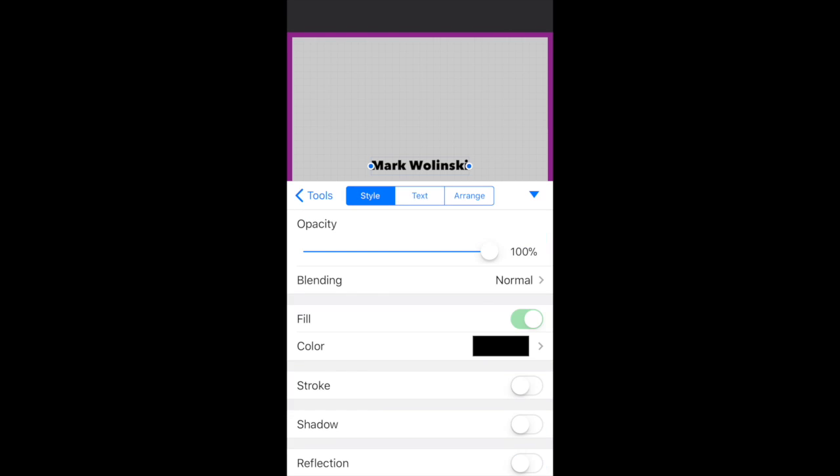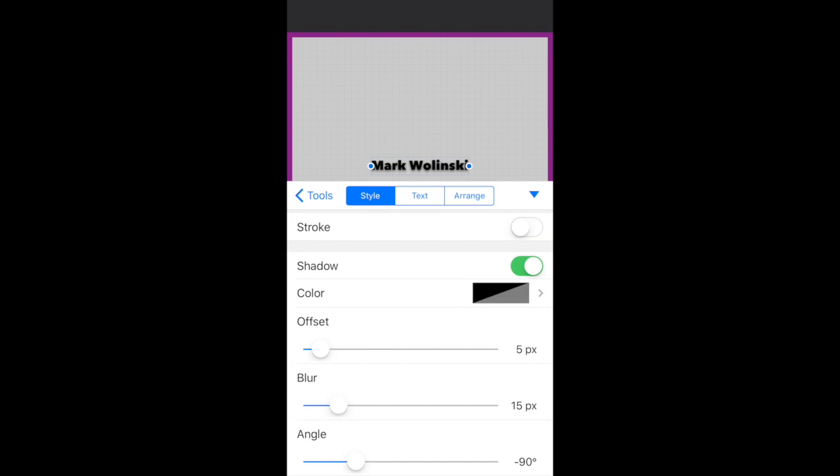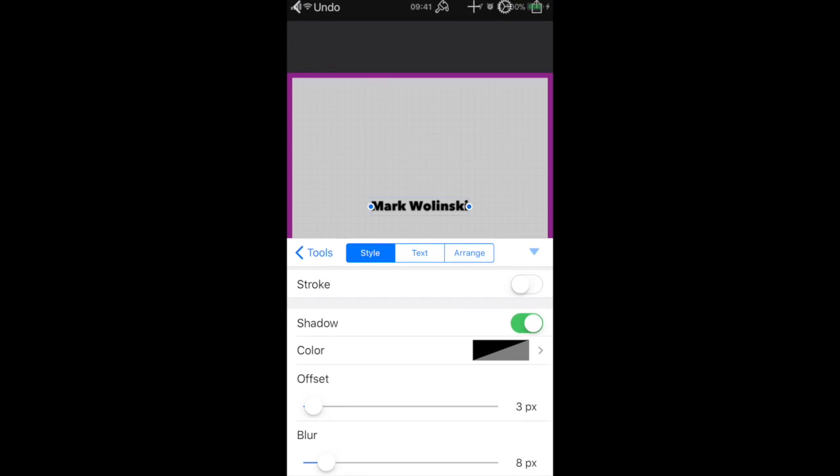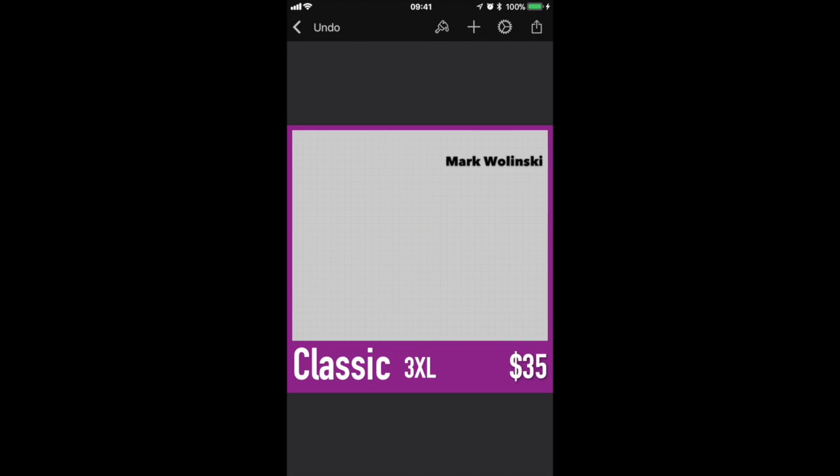And we will go to style. We'll put a drop shadow on that. Not really that much, just a couple pixels. Take the blur down a little bit. All right, and then I'm going to just drag this up to the corner here. Really, how you do your personal branding is up to you. So at this point, we've got a nice template that's saved. I can import photos relatively quickly, and